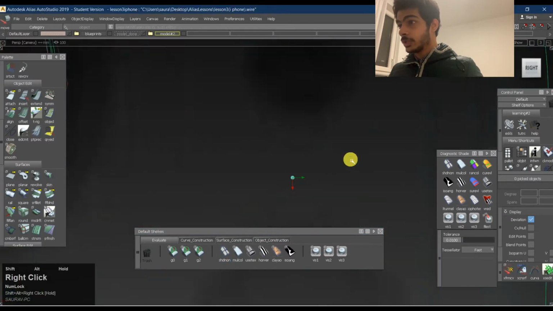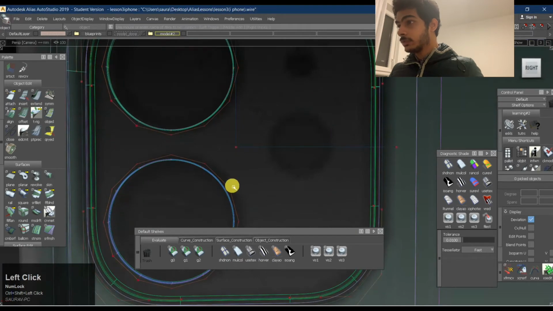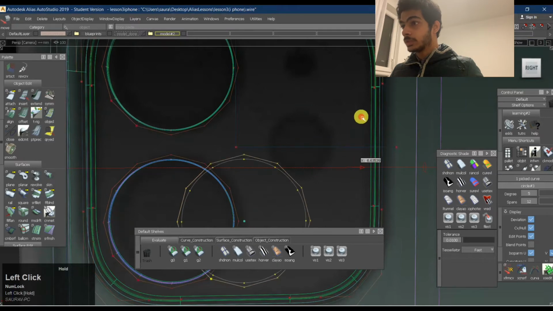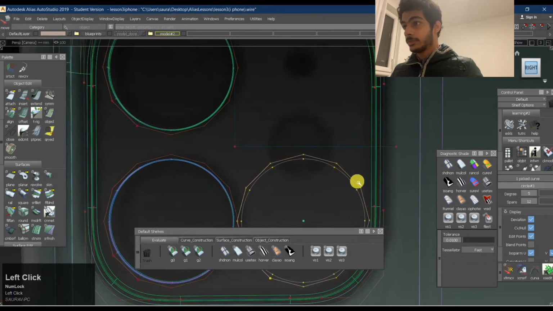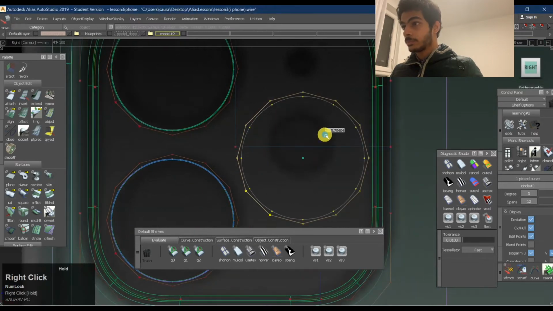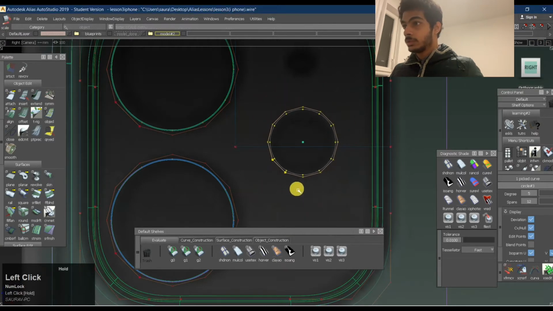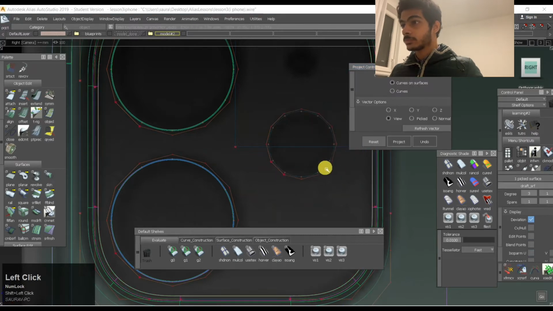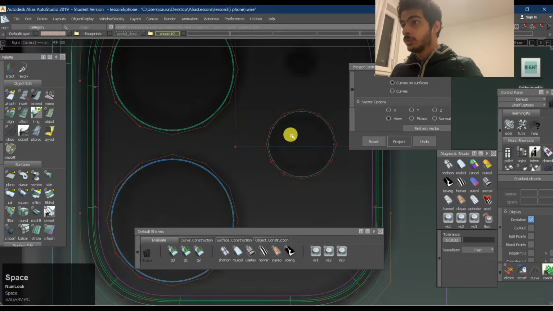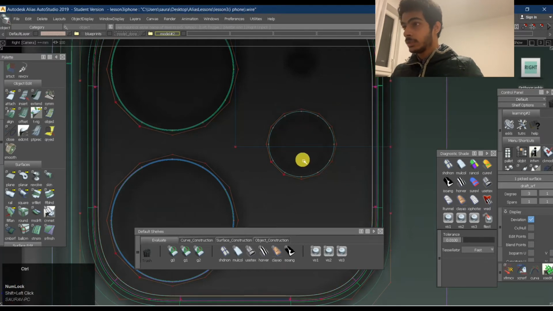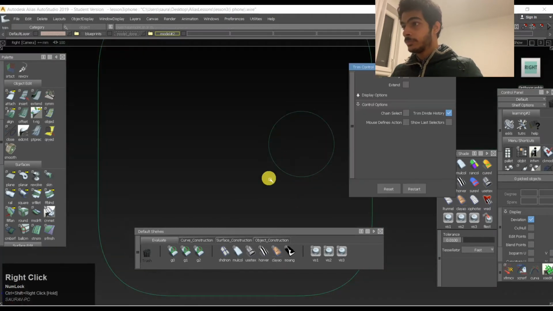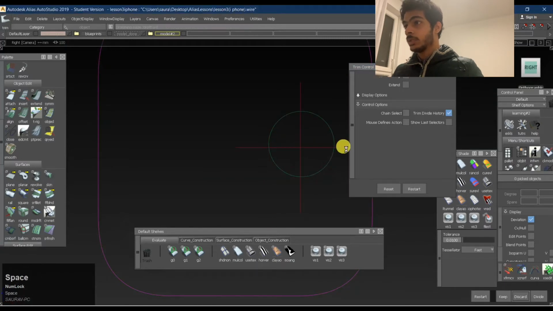So I have something over here. I'll use this circle for now. I'll just Control C, Control V, move this circle over here, and we are not in the right view. Here. And just scale it down. Right? We'll project this one in view, Control H, and trim. We'll trim this one out.